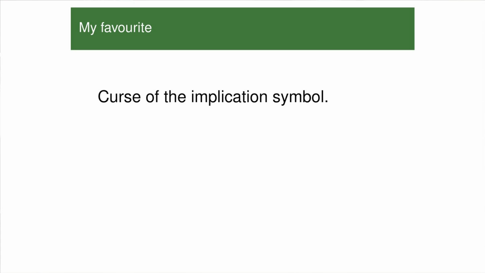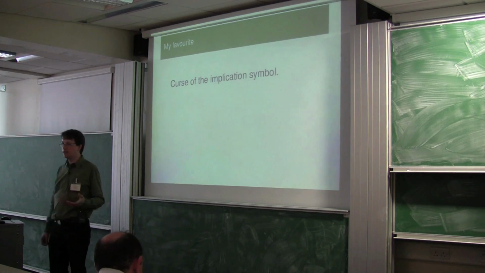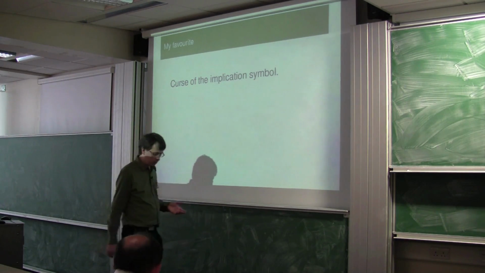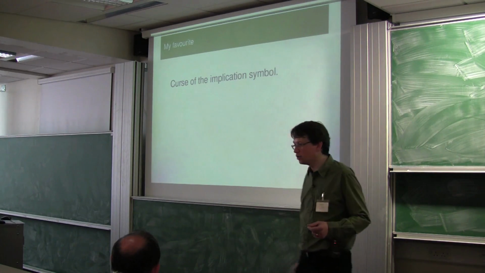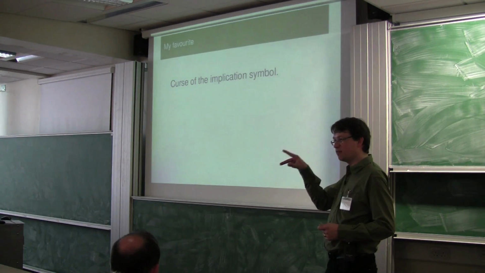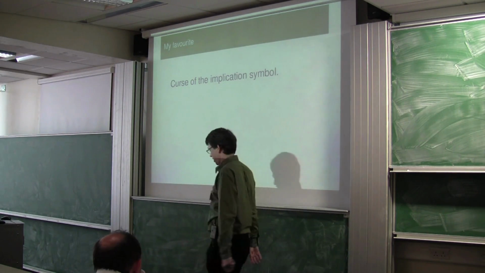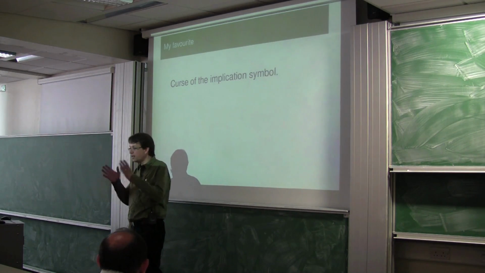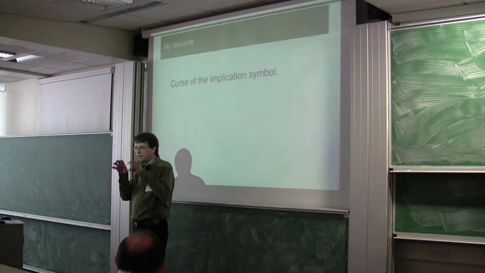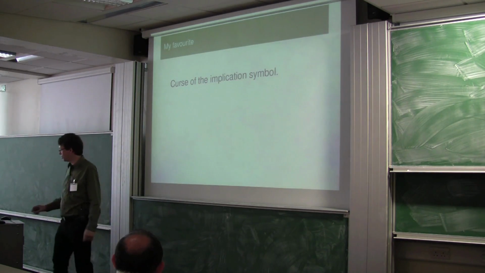And I can't resist mentioning this one, which I call the cursive implication symbol. Lots of us have our pet hates. I was at a meeting recently and Adrian Simpson was there, and he was saying how he hated students using those three dots for therefore. That's his personal bugbear. But I'll kind of accept that one. I'd prefer it if they were to write out the word therefore. But at least they're trying to give some sort of explanation by putting down therefore. Whereas I think the implication symbol,